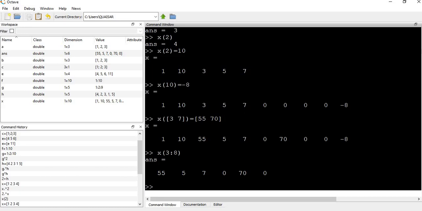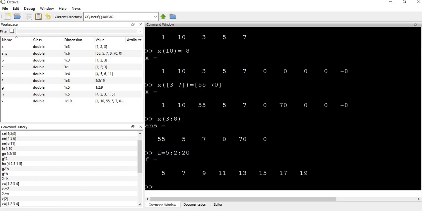Likewise, you can also make a transpose. Consider F equal to 5:2:20. So this is a row vector, and we can convert this row vector into a column vector by F transpose, like this.